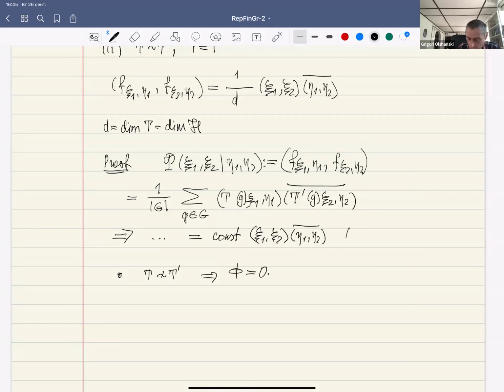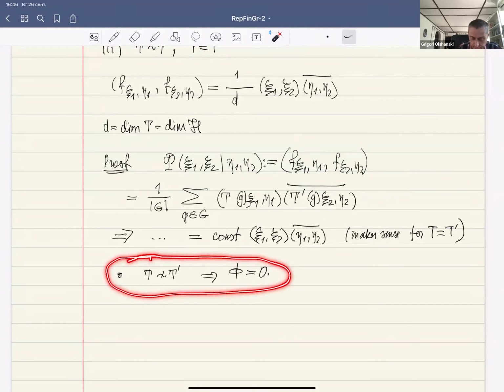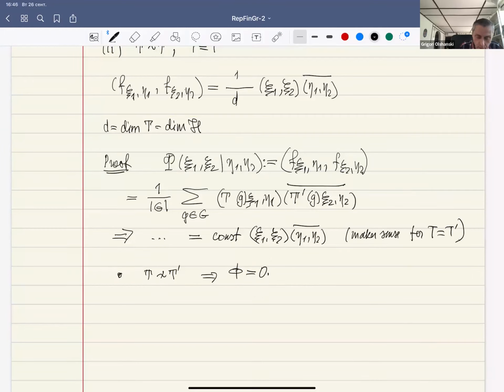So this makes sense. I'm sorry, this is for the case T is T prime. So first, I had to say that we have this conclusion. But now, assuming that T is equal to T prime, we have this